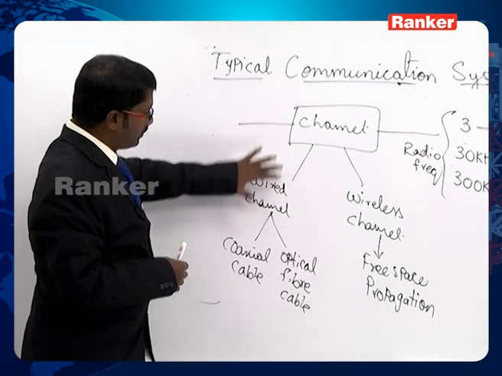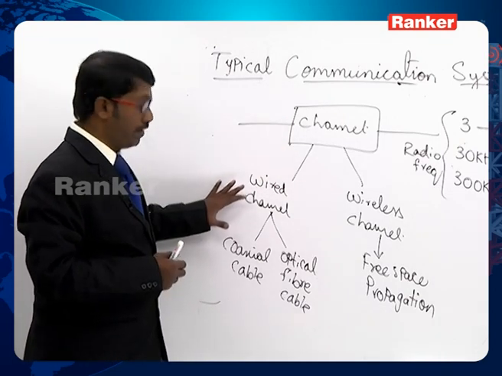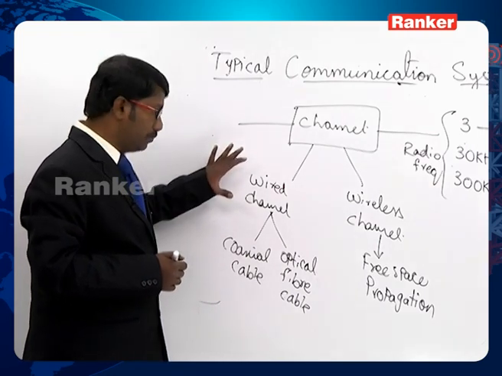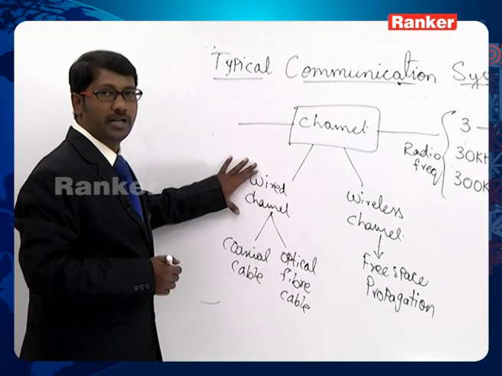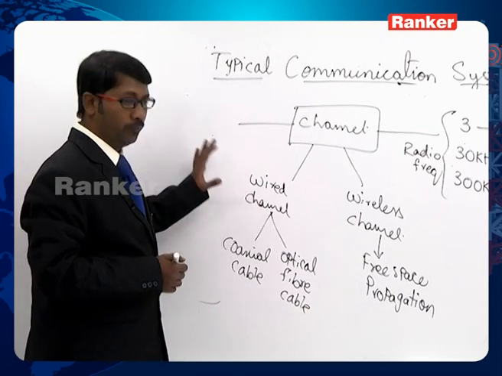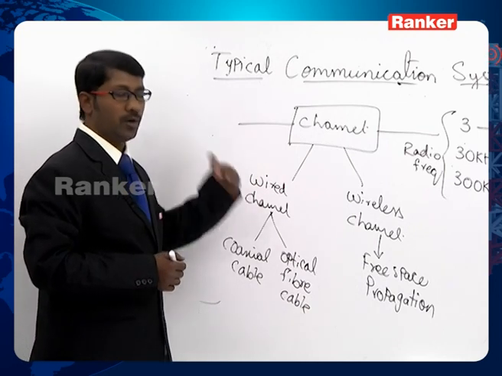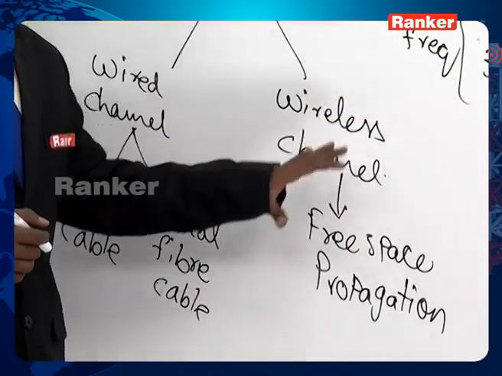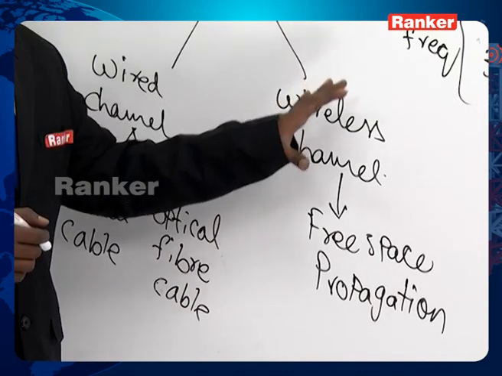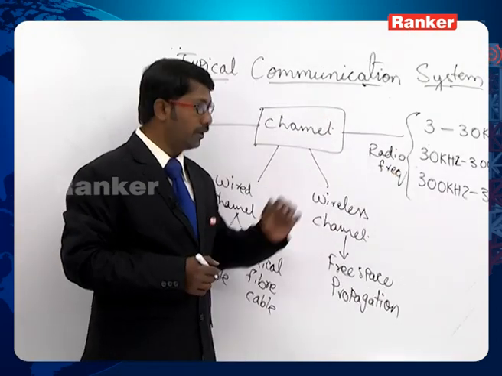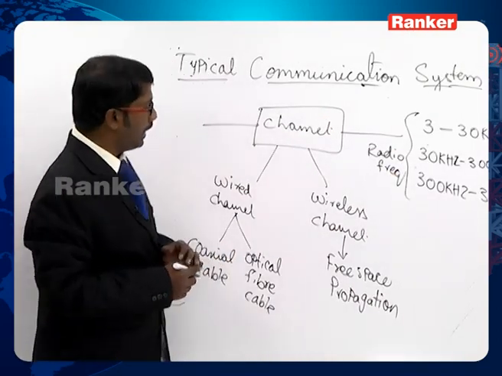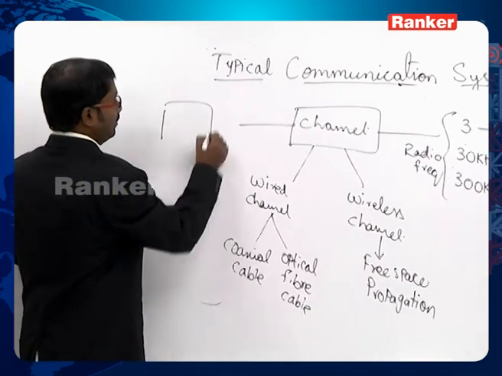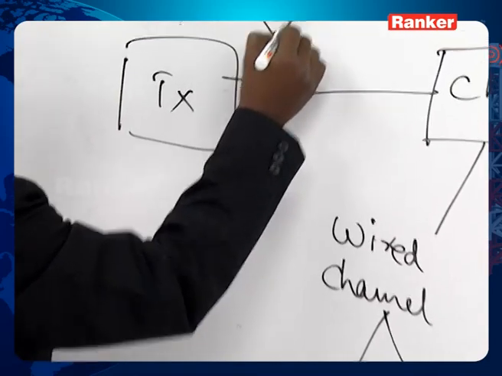Now, keeping aside this wide channel where I have more reliability and less attenuation, but which cannot be operated over longer distances: for longer distances, when I am modulating a signal, I need free space propagation. Free space propagation basically takes place in radio frequency bands. When I am talking about free space propagation, as I was talking about the transmitter here with an antenna,